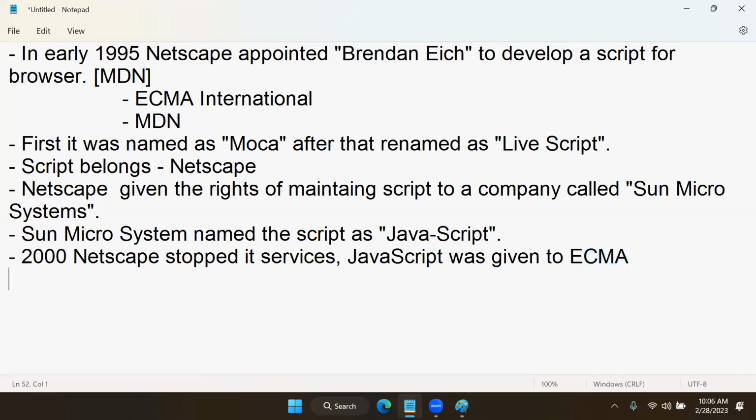And they started maintaining JavaScript, and for more than a decade, that means up to 2014, ECMAScript, that means JavaScript, was internally maintained by ECMA. There were not many changes. They were just maintaining it for 10 years. They just maintained JavaScript. After that, what happened from 2015 onwards,